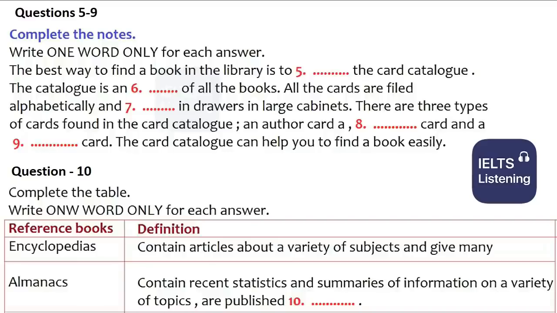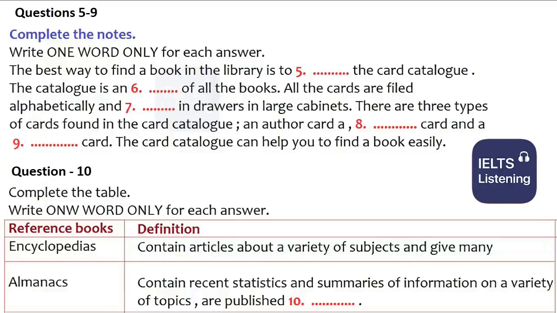The card catalogue is an index of all the books in the library. Information about a book is listed on cards. All the cards are filed alphabetically and stored in drawers in large cabinets. The card catalogue can help you locate a particular book, a book on a certain subject, or a book by a particular author. In the card catalogue, each book has 3 cards, an author card, a title card and a